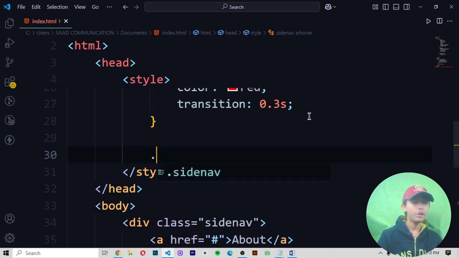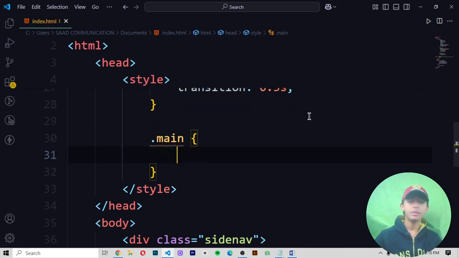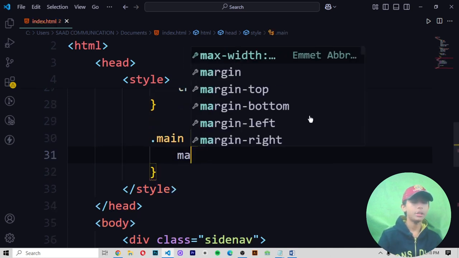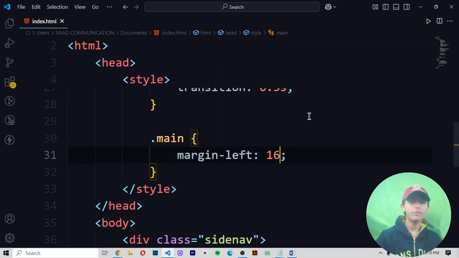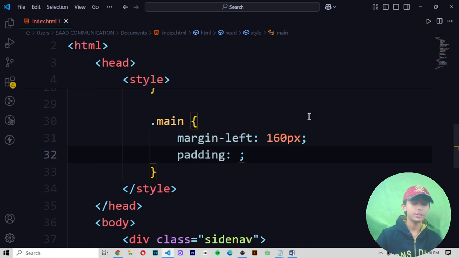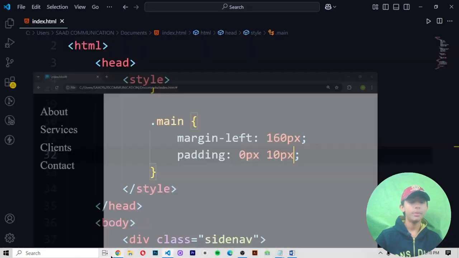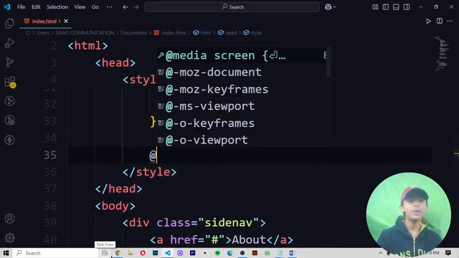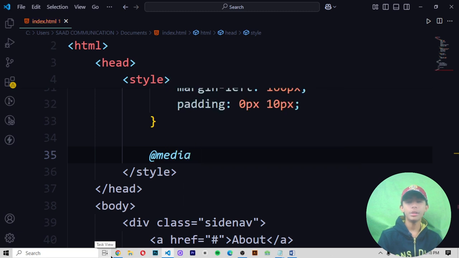Now I define .main to give the margin-left and padding and all the things. Margin-left I am giving 160 pixels, padding 0 pixels, then 10 pixels. Save and then run it. So now it is perfect. Now we define a media query to make it responsive: media screen and max-height